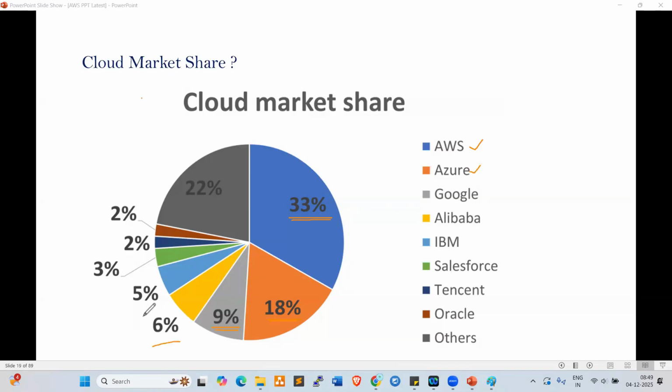Alibaba Cloud has 6%, IBM 5%, Salesforce 3%, Tencent 2%, Oracle Cloud 2%, and other small players 22%. This is the cloud market share.